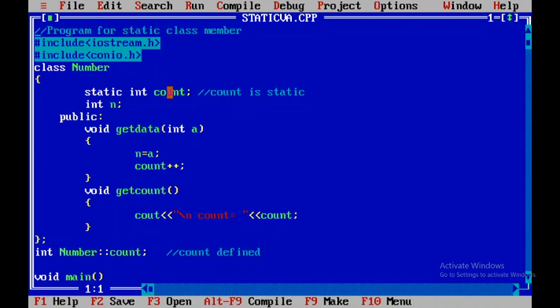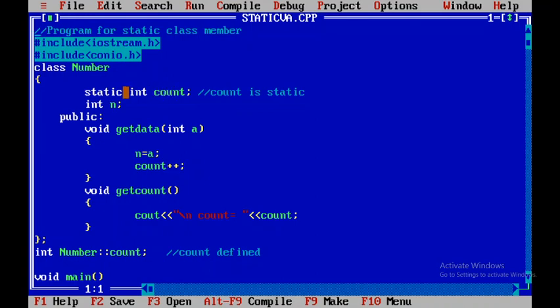Whenever you are using any static variable, remember that when the first object of that class is created, automatically count, the static member, will get initialized to 0. No other initialization is possible for a static data member.